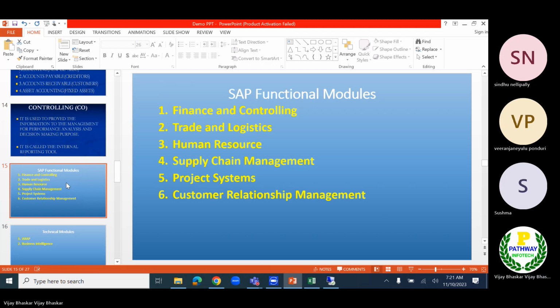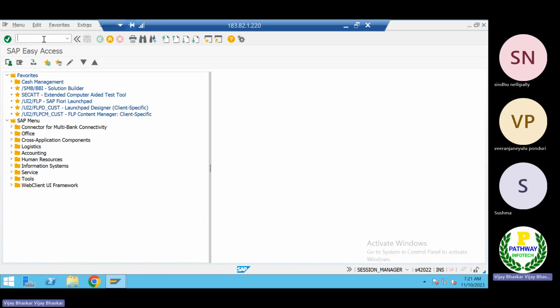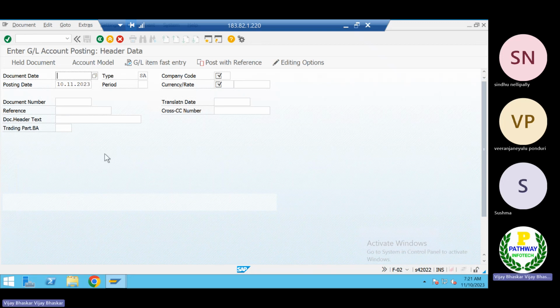So now, if we talk about SAP, we have different kinds of modules. Functional modules are there, technical modules are there. What is the difference between functional and technical? Now let us assume, as a functional consultant, as a finance consultant, I am entering the data here.